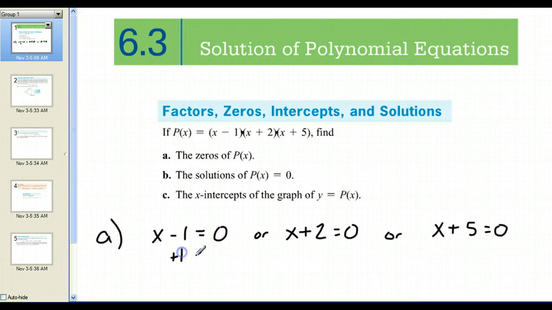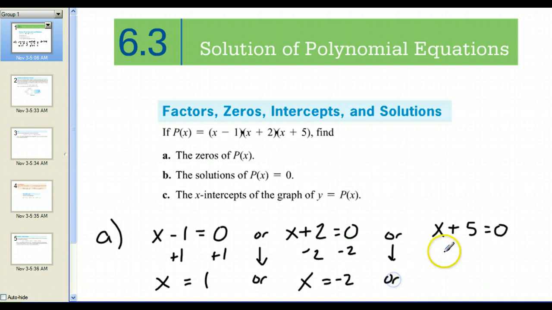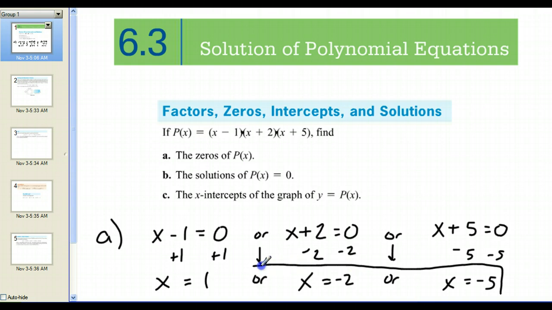Alright, add 1 to both sides, and I get x equals 1. Or subtract 2 from both sides, and I get x equals negative 2. Or subtract 5 from both sides, and I get x equals negative 5. Alright, so here are the zeros